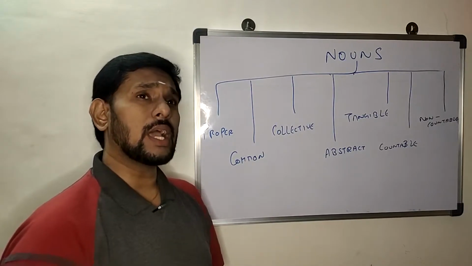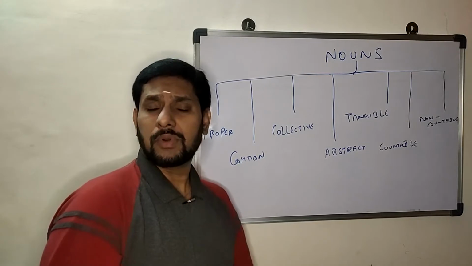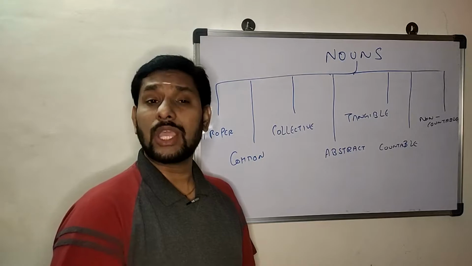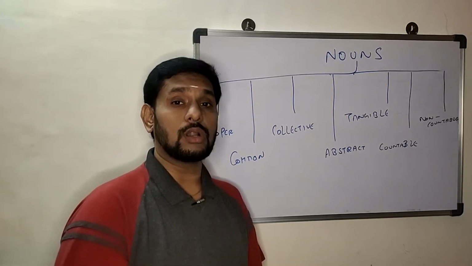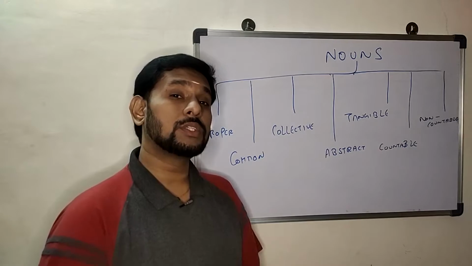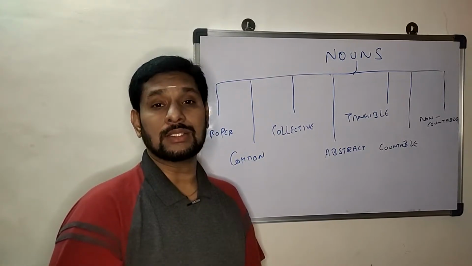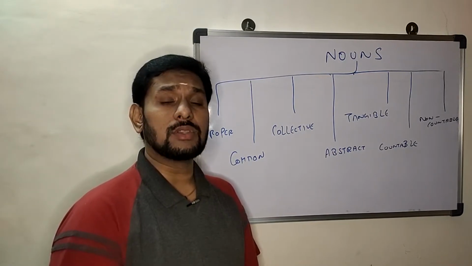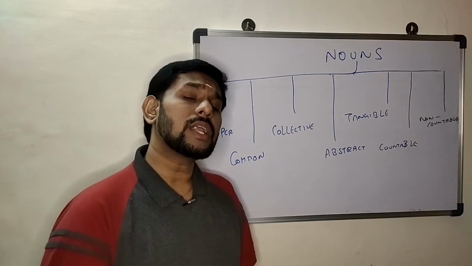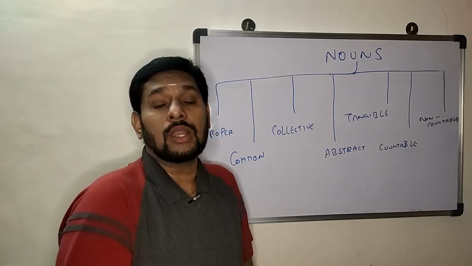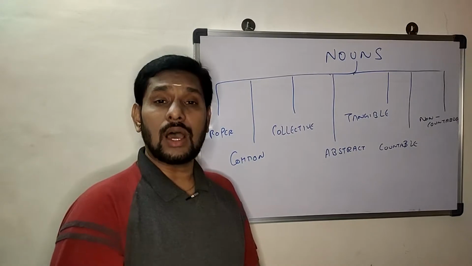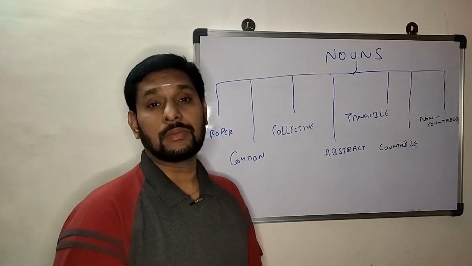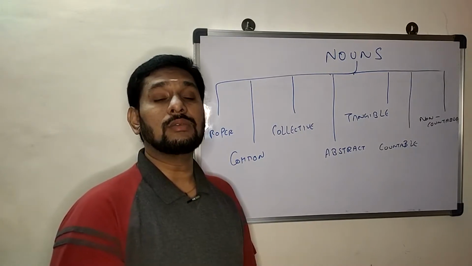So now, how do I identify a proper noun? Now, how can you say a name of a person is a proper noun, if you ask me? See, my name is Deepak, all right? So there will be thousands and thousands of Deepaks in this world. However, I'm the only person with this physique, with this face, who has the name Deepak. As simple as that. Likewise, I live in Chennai. So that is the name of the place where I live in. There may be a lot of Chennais in this world. I don't know. I only know one. However, if there are different Chennais, I would still be able to identify it when I'm able to pin down the location. So that is why it is called a proper noun.